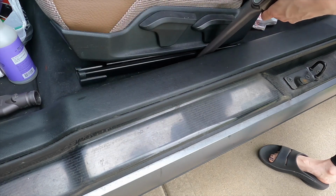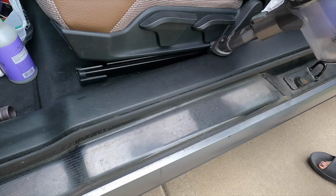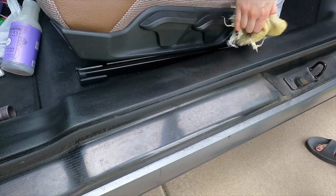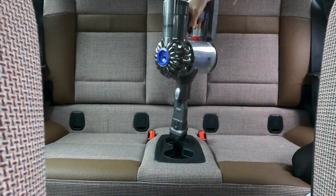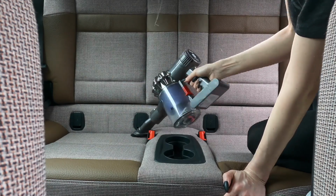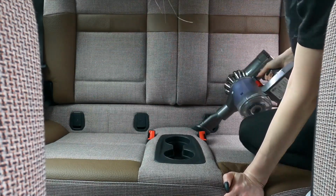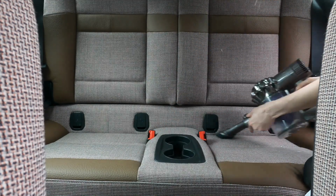don't have to have a big old cord, or even, when you go to the car washes, that big tube thing you've got to carry around. This is just a nice little handheld situation. So anyways, here I'm just wiping everything down, vacuuming everything, and moving down. I had started towards the top, moving down until I got all the way to the floor. So vacuuming the seats in the back and the little cup holders and getting all my crumbs out, doing the Dyson thing, and